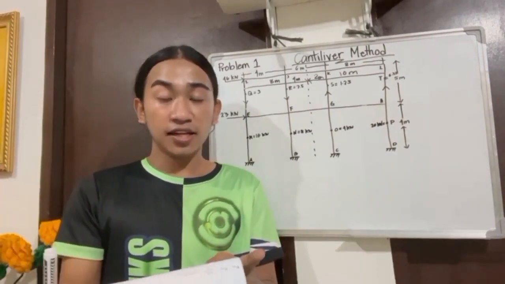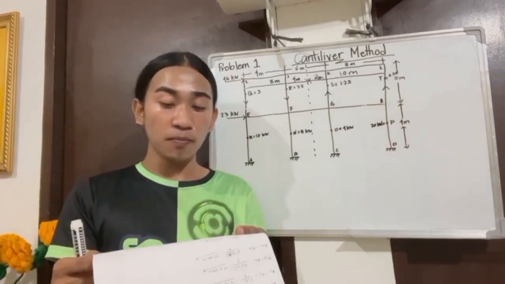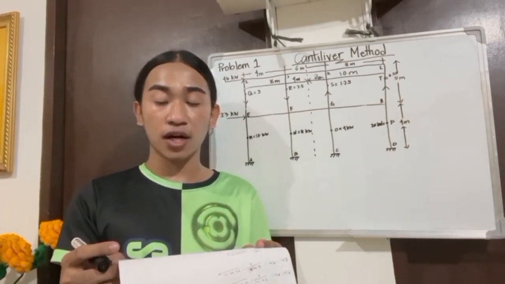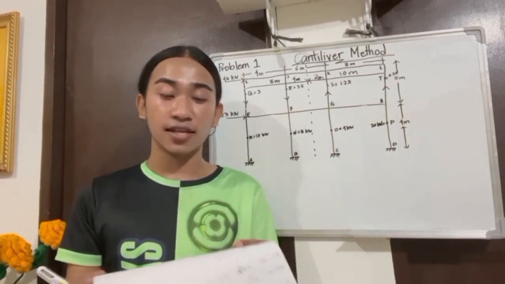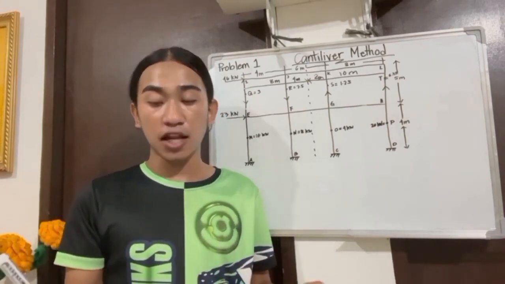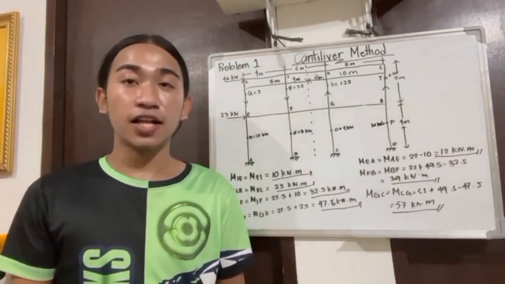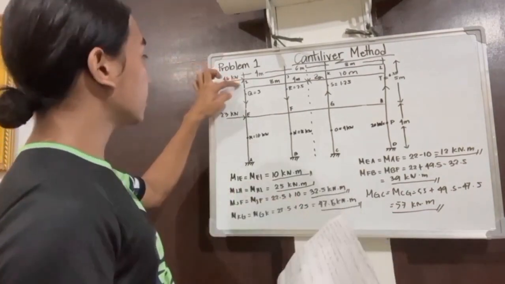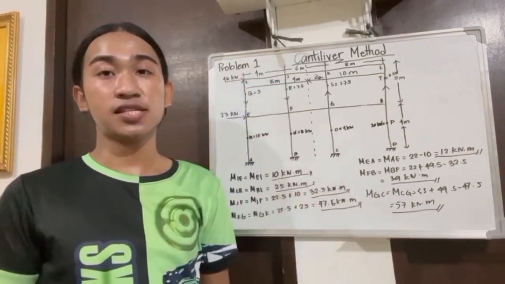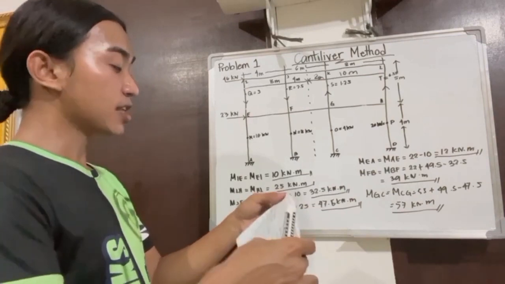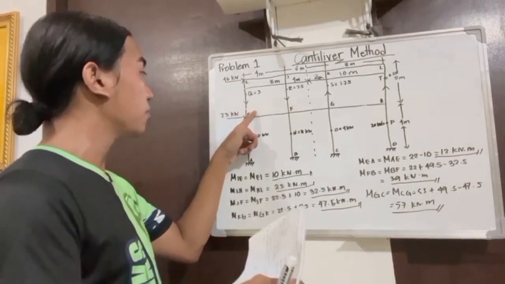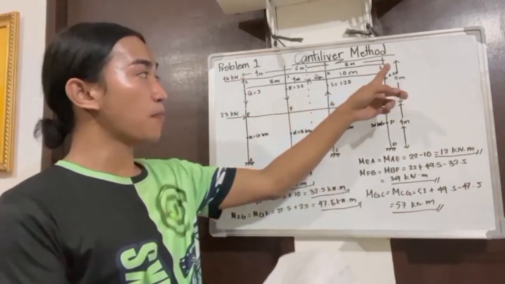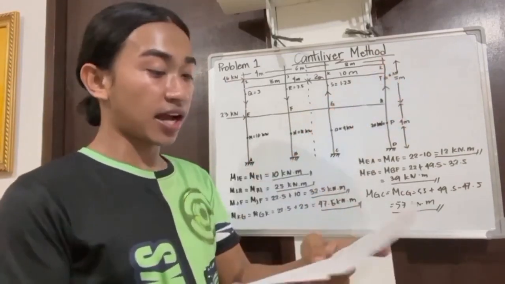Now, in joint I, if the moment is 10, the moment MIE should also be 10. So MEI should also be 10. In a similar way, we can find the value of MLH. To get the value of moment IE, what we got earlier for member IG was 10 kilonewton meter. It is the same as the moment we get in member IE, which is 10. Then the same for member LH, what we got earlier